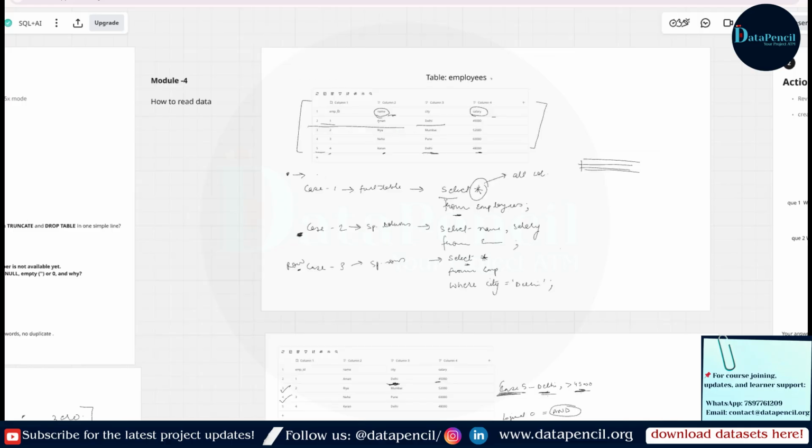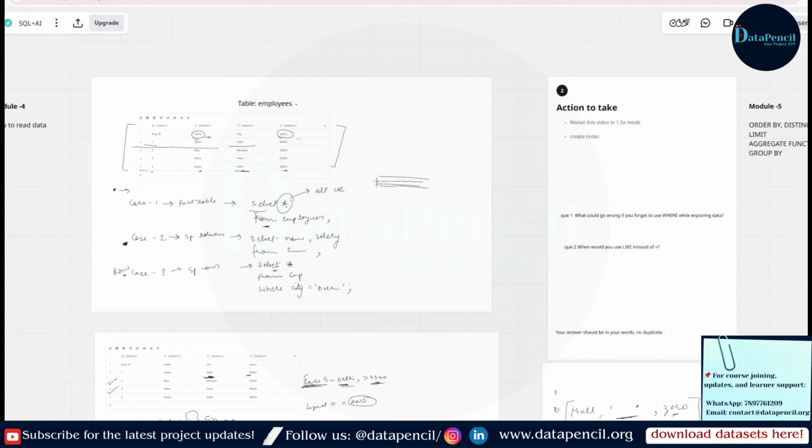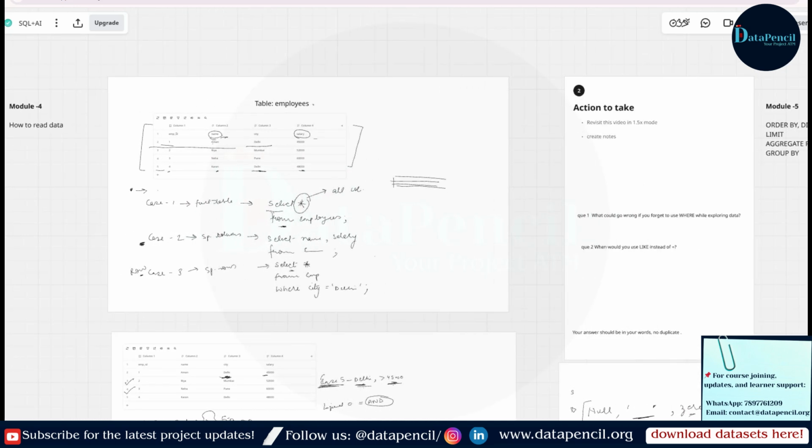So now let's begin with our module 5. Till now we learned how to fetch data using select and where clause, right? But fetching data is not enough. When we enter a company, managers don't ask, show me all data. They ask, show me top 5.